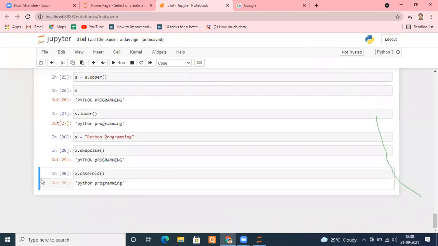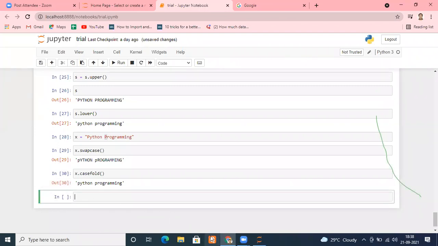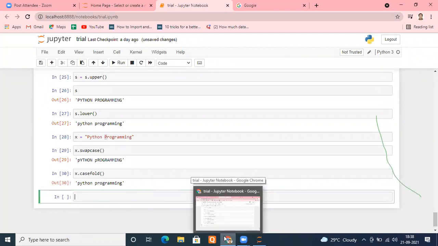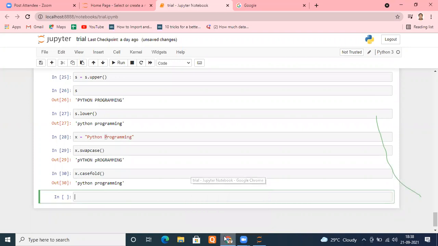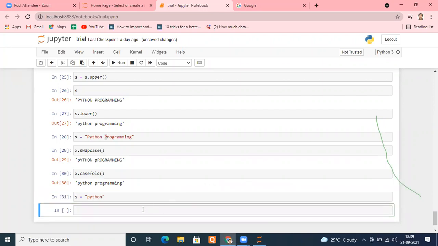Okay, good. So I'm moving to the next function. Let me take a small example. I'm coming back to Python, making a string Python. Running this cell, going back, there is a function which is known as s dot center.